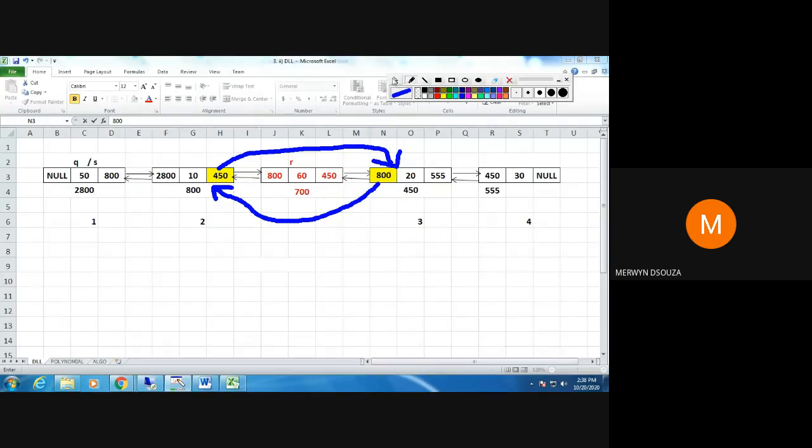Since it is 450 here, this arrow will not be present here, because it is pointing to the node with the address 450. This link will also not be there because here it is pointing to the previous node, which is 800.